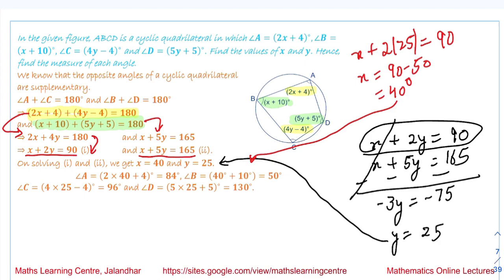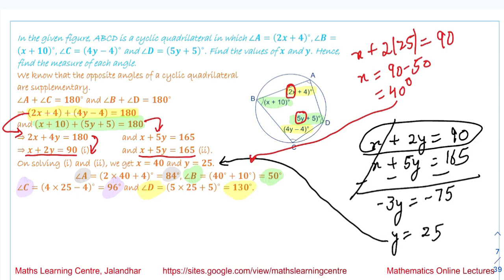So by substituting the values of x and y, we will get the values of these angles: the value of A is 84 degrees, the value of B is 50 degrees, the value of C is 96 degrees, and the value of D is